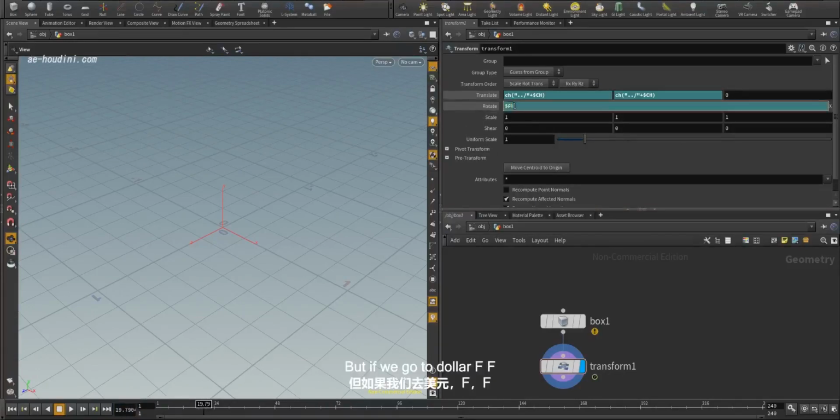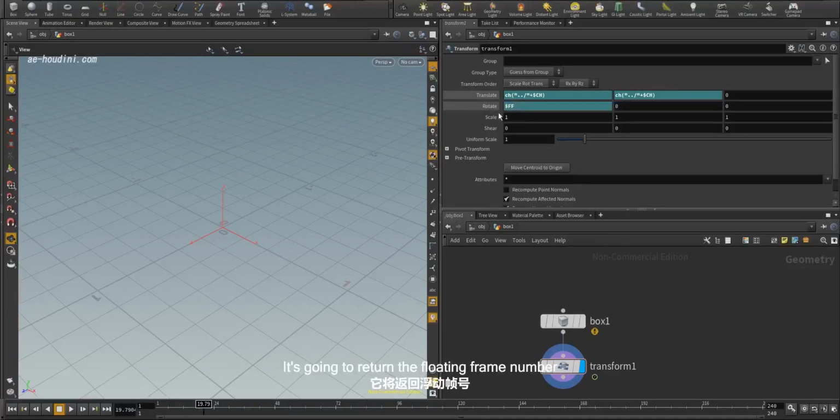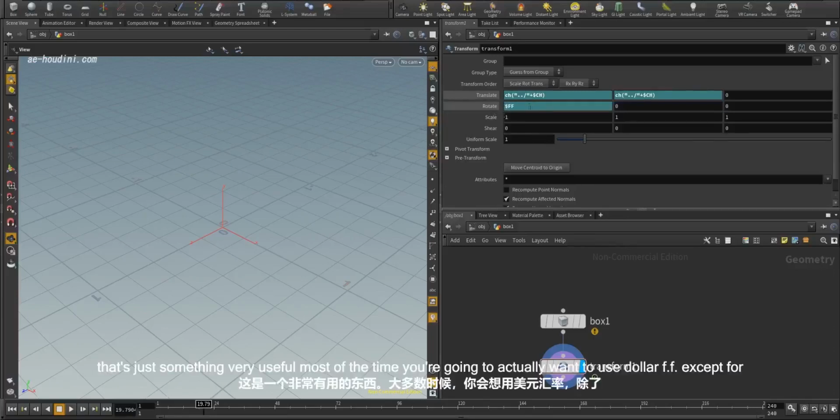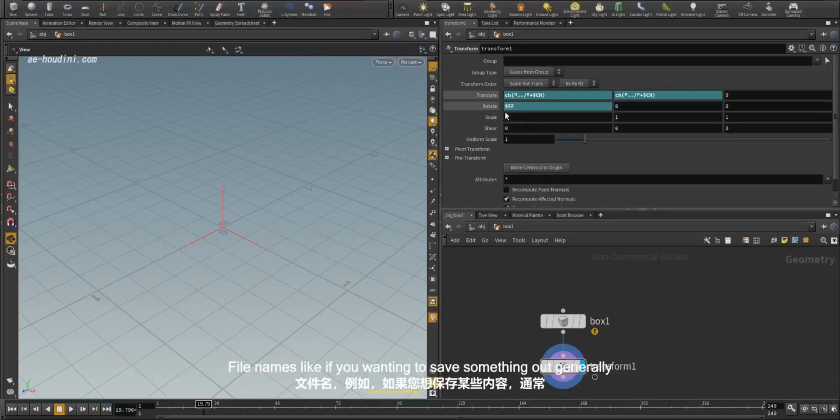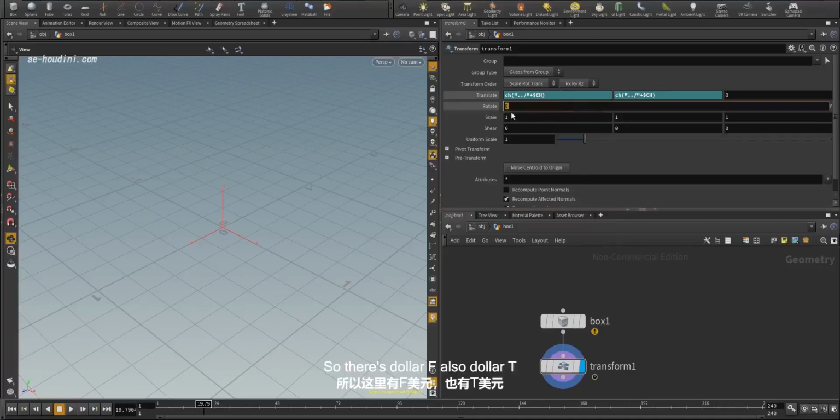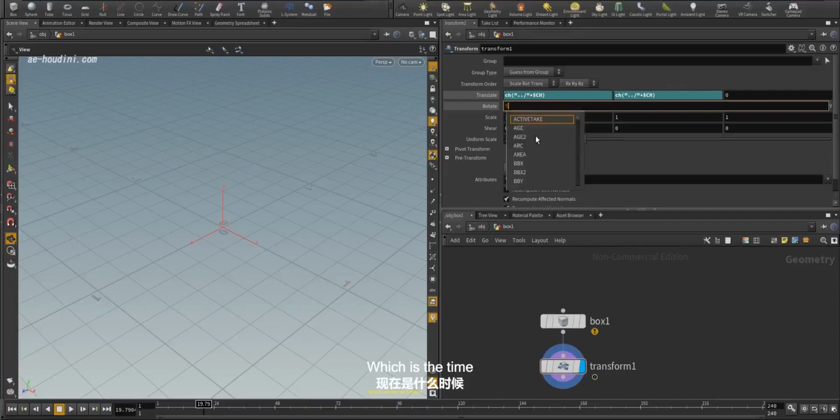But if we go to $FF, it's going to return the floating frame number. So then that'll return that exact number. Okay, that's just something very useful. Most of the time, you're going to actually want to use $FF, except for file names. Like if you're wanting to save something out, generally you're not going to want a floating frame number. Okay, so there's $F,